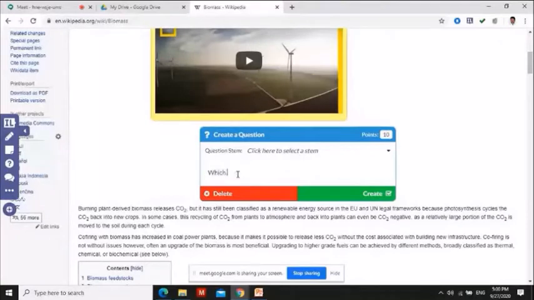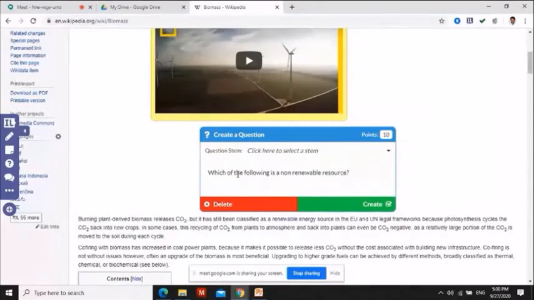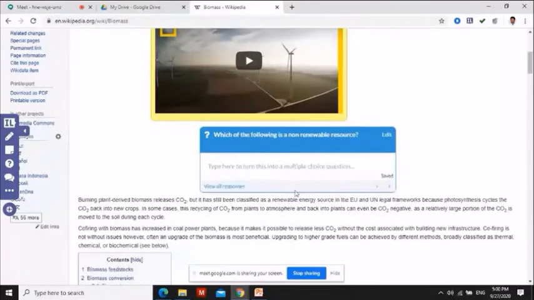Which of the following is a non-renewable resource? So I can create a question and I can add some answers.